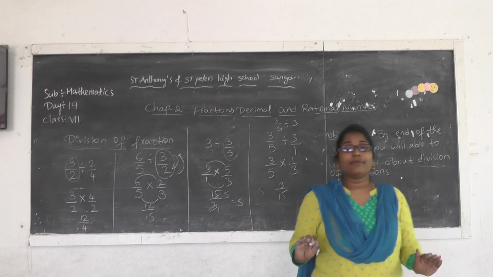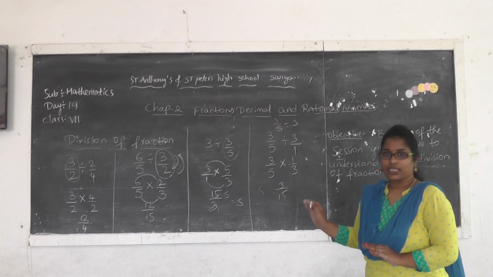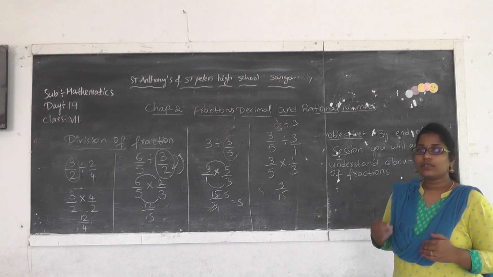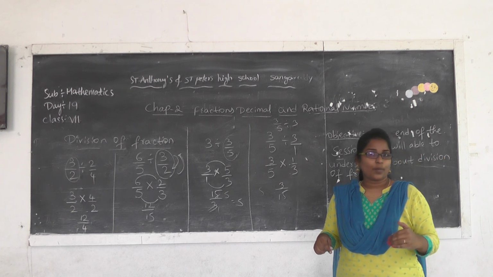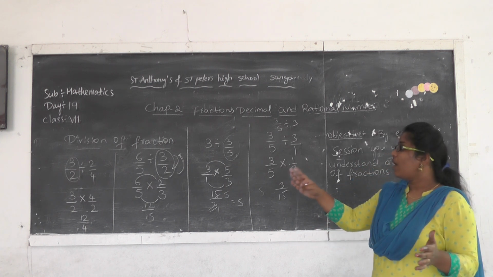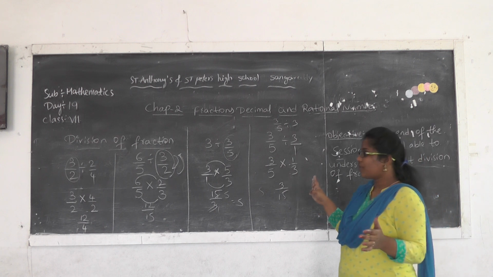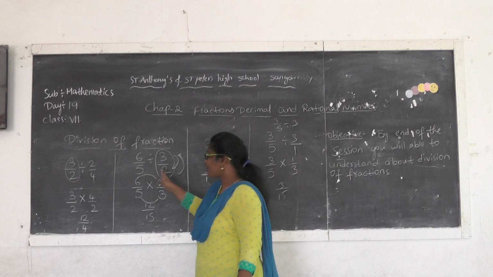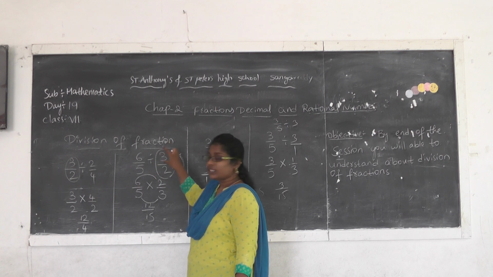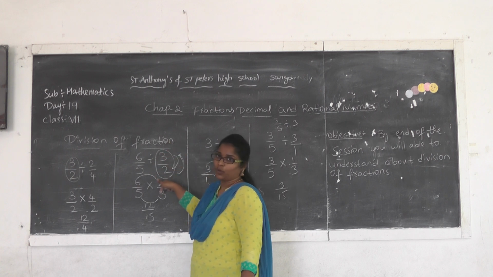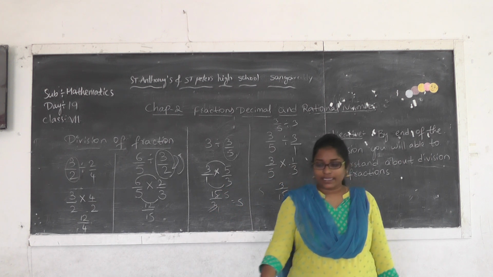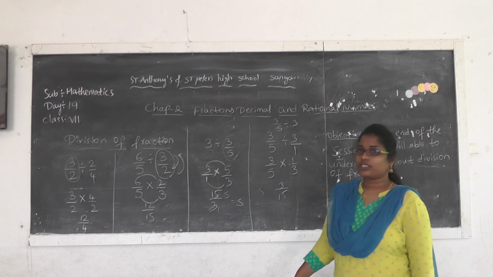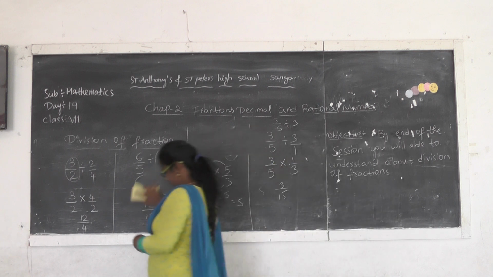So in this way we have to divide the fractions. Are you able to understand how we do the reciprocal? Just by interchanging the numerator into denominator and denominator into numerator. Whenever we are doing division of fractions, we have to change the second fraction into its reciprocal, and we have to multiply the fractions. Now let's solve problems based on division of fractions. Exercise 4 solutions.